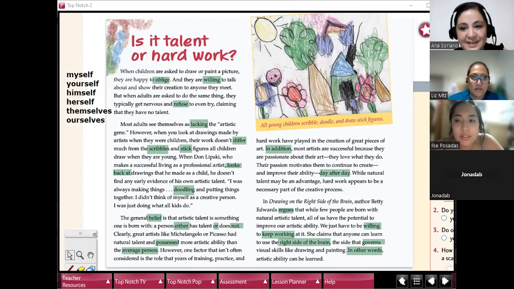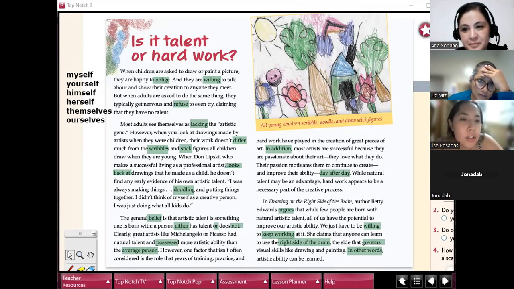When children are asked to draw or paint a picture, they are happy to oblige, and they are willing to talk about and show their appreciation to anyone they meet. When adults are asked to do the same thing, they typically get nervous and refuse to give falsely knowing that they